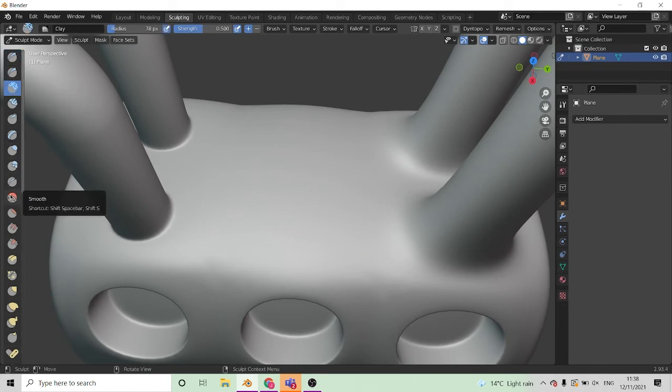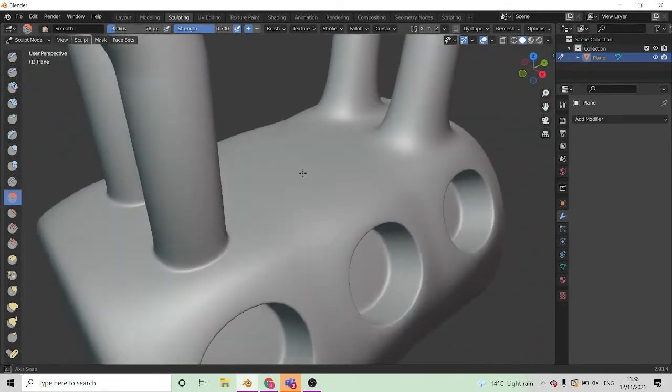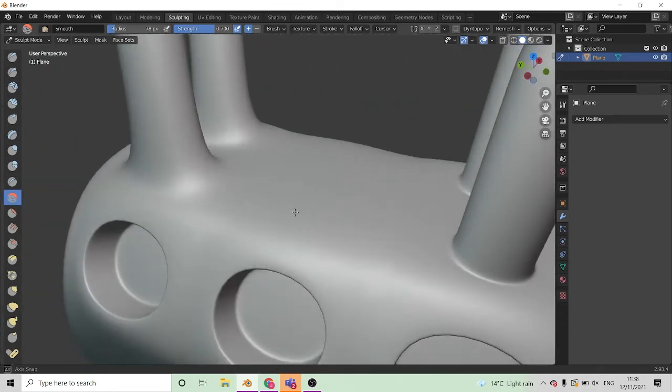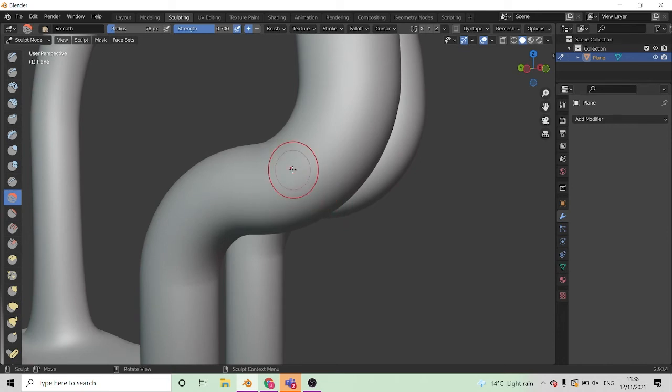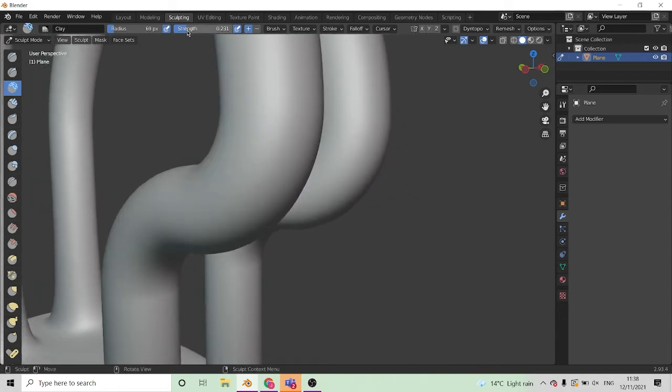So what would you use sculpting for? Sculpting is what you'd use to add detail. So say if I wanted these pipes to look a bit more broken and dented and bent, what I'd do is I'd put the strength down a bit on that, make it smaller, and put a very slight